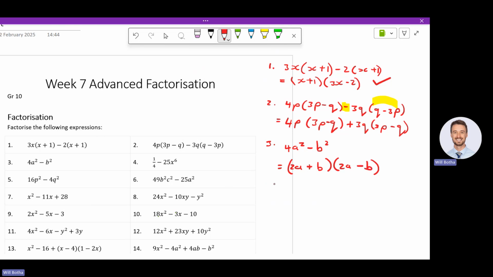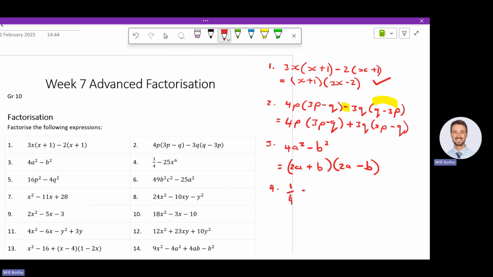Yes, 100%. With all of these numbers, we do get lazy if the question is easy, but the first step should always be to look for a common factor. Always. Even if it's difference of squares, I should always look for a common factor first.